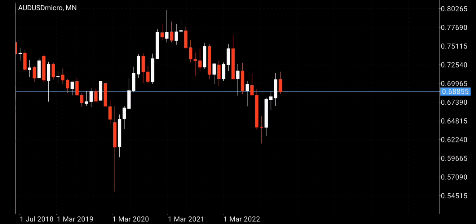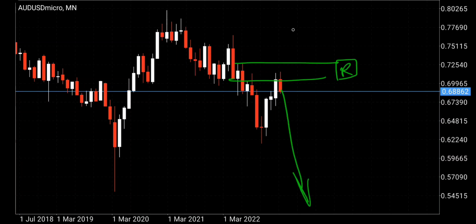Then currently our monthly is bullish, but it does not mean that because the monthly is bullish, the price would move like this forever. No, you need to understand that in terms of the trend, yes, we are bullish, but currently we are inside a resistance. This is our resistance. So we are bullish, but we can still react from a resistance. We can still push to the downside, get a pullback, or even change the trend completely. So if you know that the trend is going up, it does not mean that you should ignore the fact that when the price is hitting a resistance or a bearish trend line, it has got a chance of reacting from that, which is why you use these structures to place your